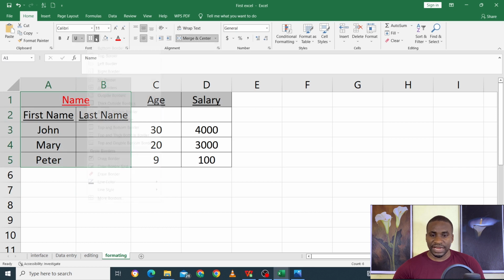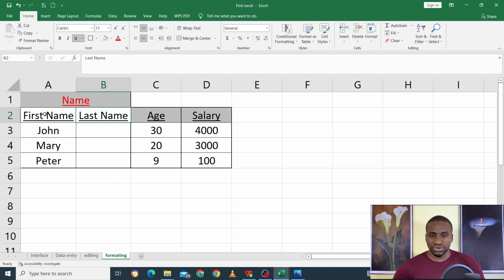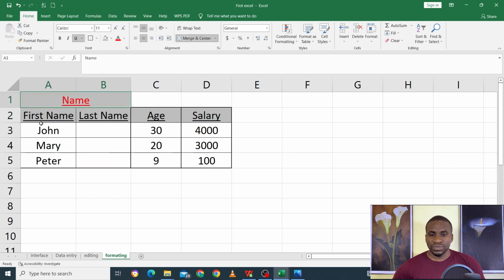Then you come and say here, for example, I want thick borders outside of this, and maybe each separation is a thick border on the outer side. So you see what the borders do. Then maybe these ones, we can bring them down here. I'm just illustrating to show you, and then this one gets this here. And then maybe for distinction, you don't want that to have that color, you want something else. So it's just to show you how to play with the font and the background color, the font color,